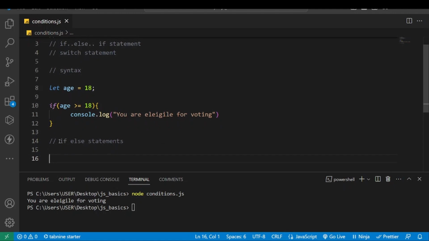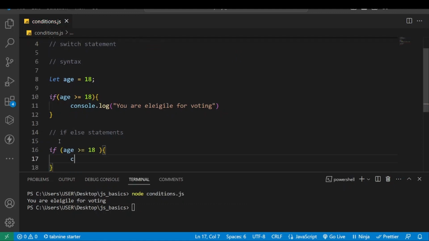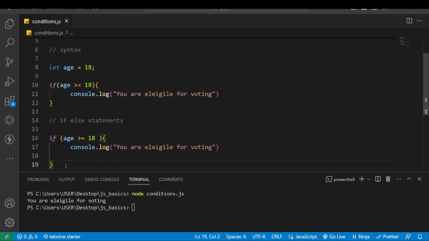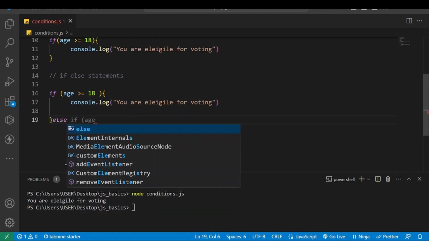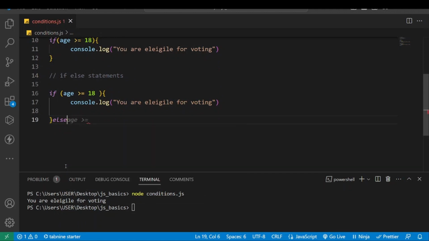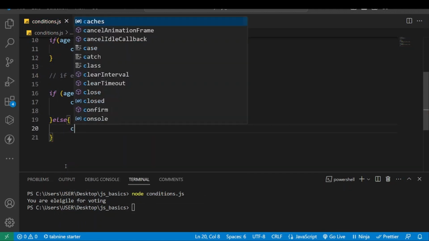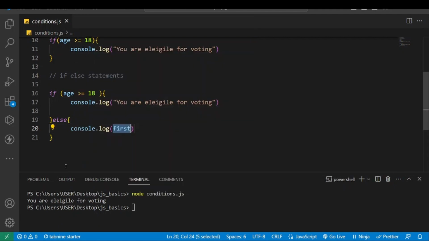I say if age is greater than or equal to 18, then console.log. I can copy the whole statement here. Then if that is not true, we say else. Here we put the curly brace, then say console.log